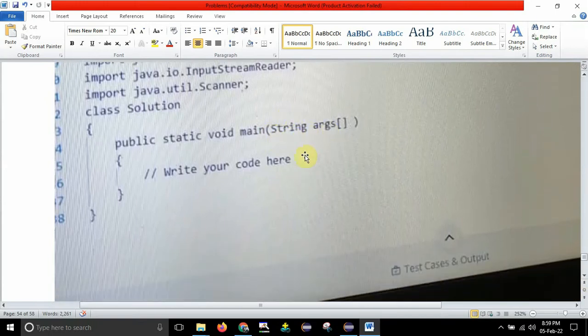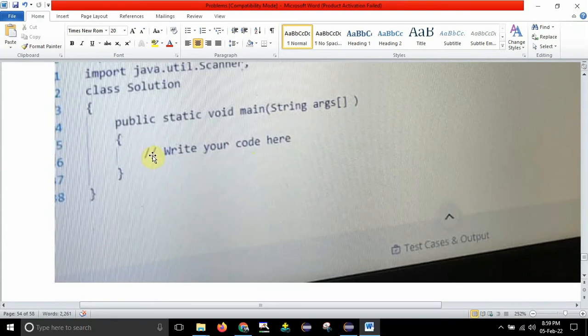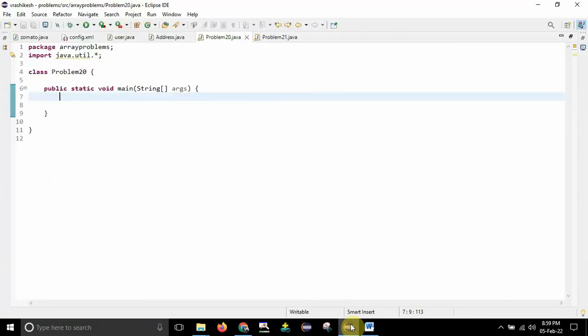Here it is. So you can see, write your code here and it will be taking one argument which is of type string. This is how things will be, and you just need to take the input and whatever you are assigning, those variables they will be giving in the question, that's it. So I will take my own variables because I'm not using the online editor.